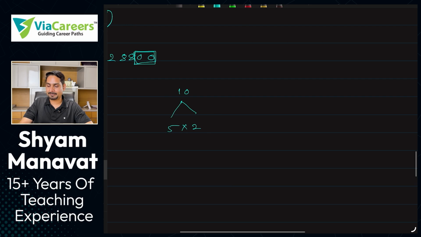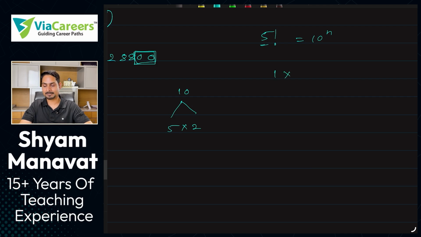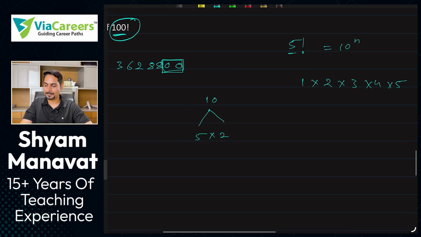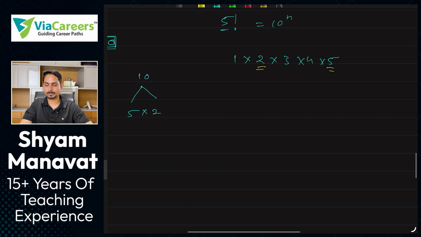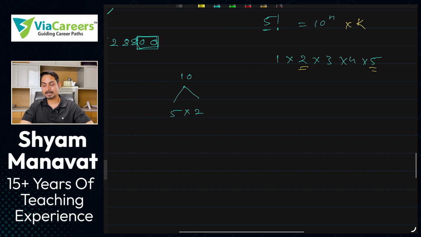For example, even if you see 5 factorial. In 5 factorial, what is the highest power of 10? You know that. In 5 factorial also you get 10. How? If you expand this factorial, if you simplify the factorial sign, so 1, 2, 3, 4 and 5. Tell me, this pair of 5 into 2, don't you think that this is going to give you 10, right? So in 5 factorial also you have power 1 of 10. 10 raised to 1, highest power of 10 is 1, correct? So don't only check for 10.